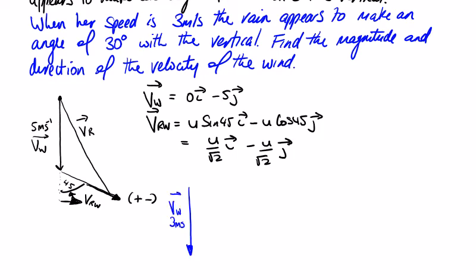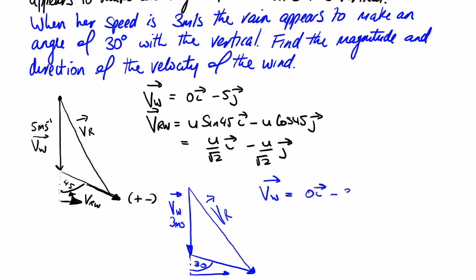The velocity of the rain appears to make an angle of 30 degrees. We'll look at our i and j now in a minute. 30 degrees with the vertical. So in there, and the velocity of the rain coming down this way. So the velocity of the woman is equal to 0i minus 3j. The velocity of the rain relative to the woman is equal to, so in my i direction,